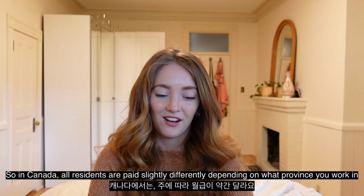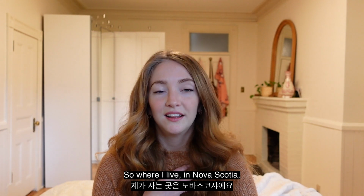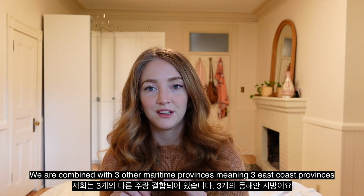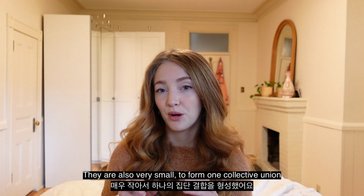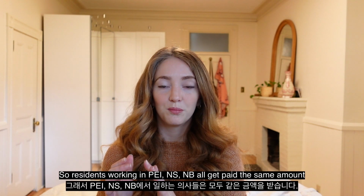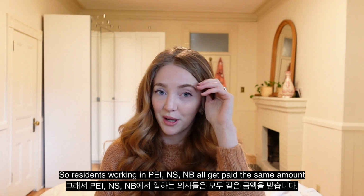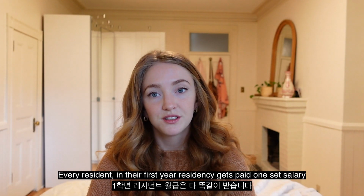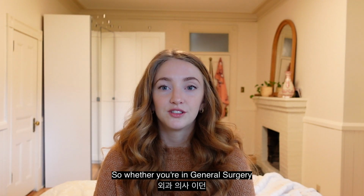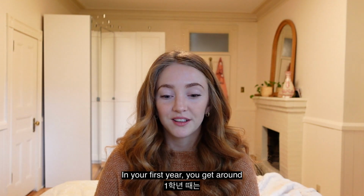So in Canada, all residents are paid slightly differently depending on what province you work in. Where I live in Nova Scotia, we are combined with 2 other Maritime provinces, East Coast provinces that are also very small, to form one collective union called Maritime Resident Doctors. So residents working in PEI, Nova Scotia, and New Brunswick all get paid the same amount. Every resident in their first year of residency gets paid one set salary. So whether you're in general surgery, psychiatry, or family medicine, in your first year, you get around